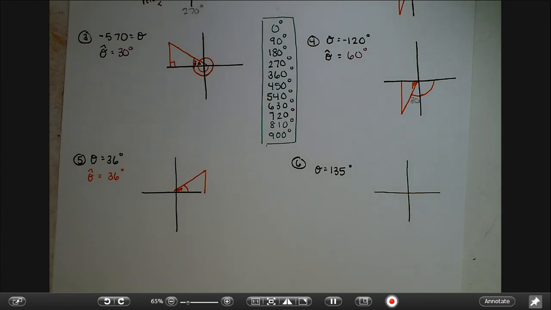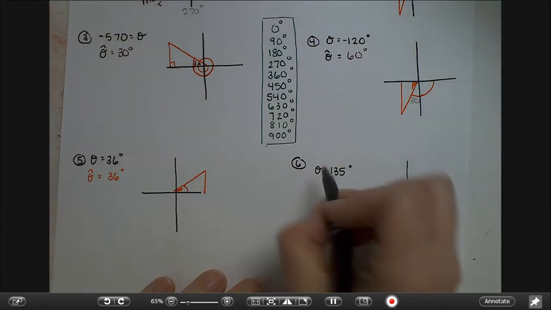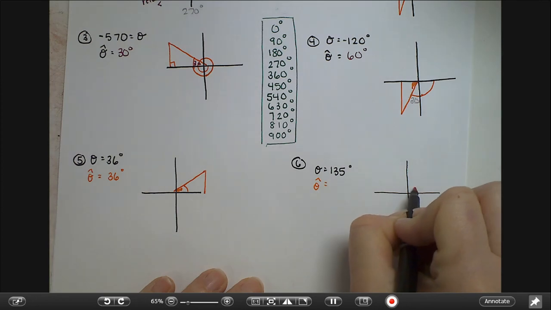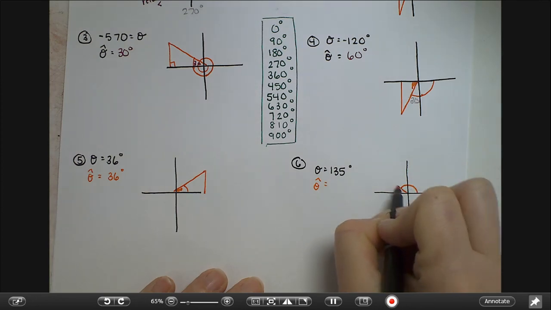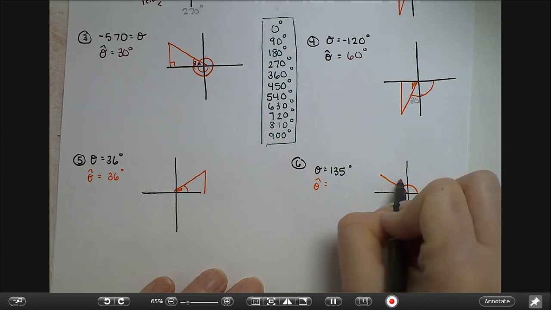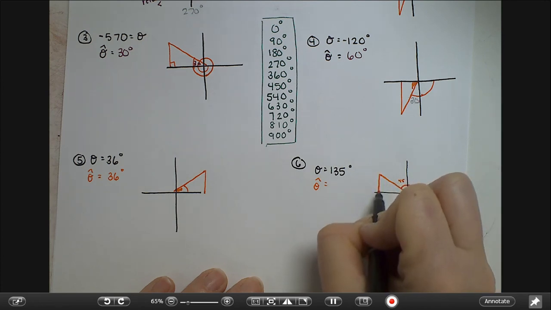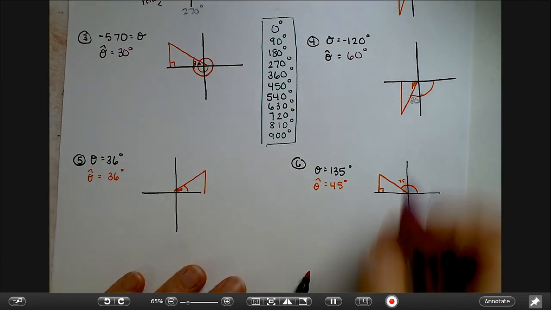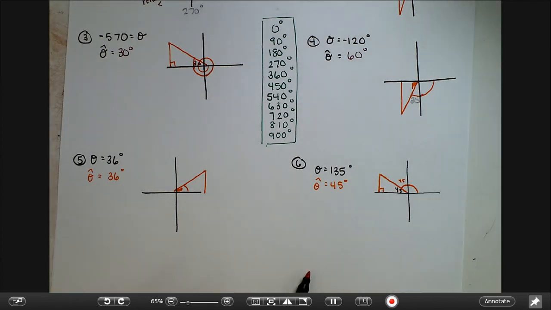It'll be the same. For this one, we want to find theta hat, 135 positive, so that's 90 and 45 more. But we always go to the x-axis, and it leaves 45 degrees for the reference angle. All right, that's how you do reference angles. If you have any questions, we'll let